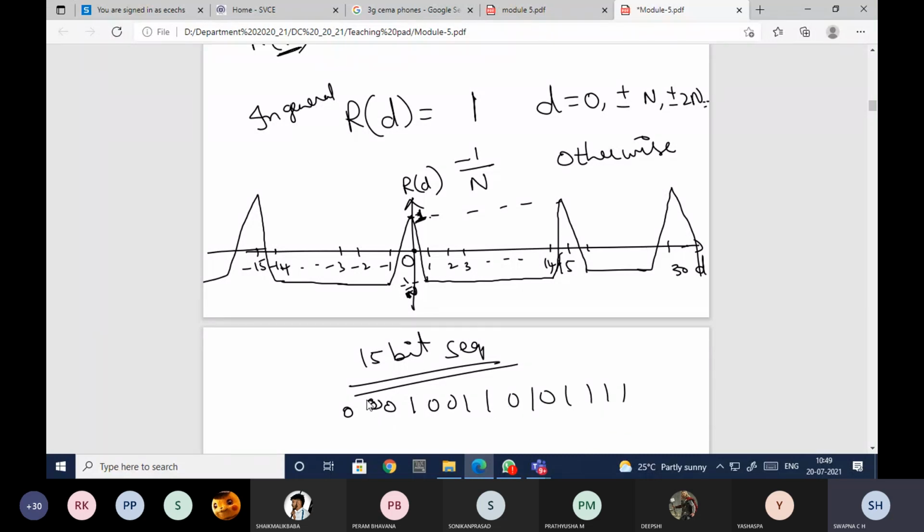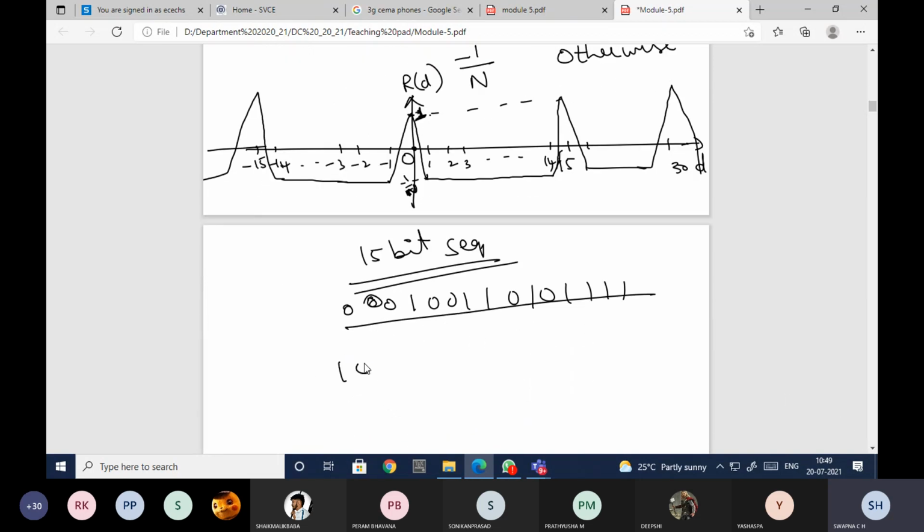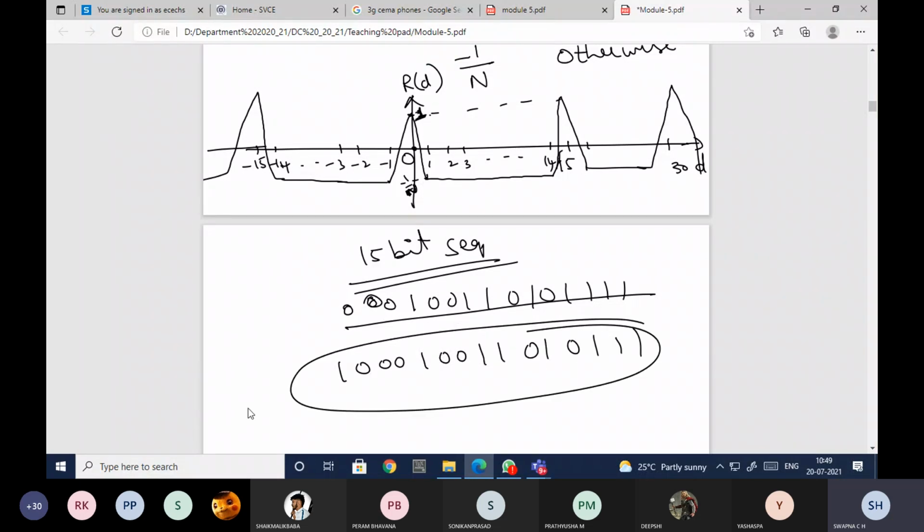For different users, instead of generating a different PN sequence, we can take the same PN sequence and shift it by one bit, giving 1 0 0 0 1 0 0 1 0 1 0 1 1 1. This can be used for the other person. Instead of generating a different PN sequence, by just shifting we can use that PN sequence as well.